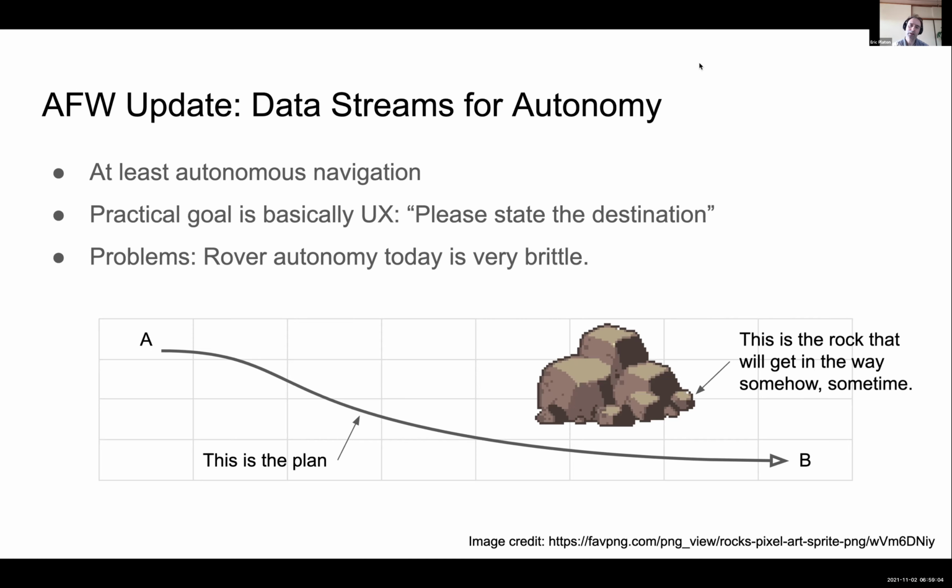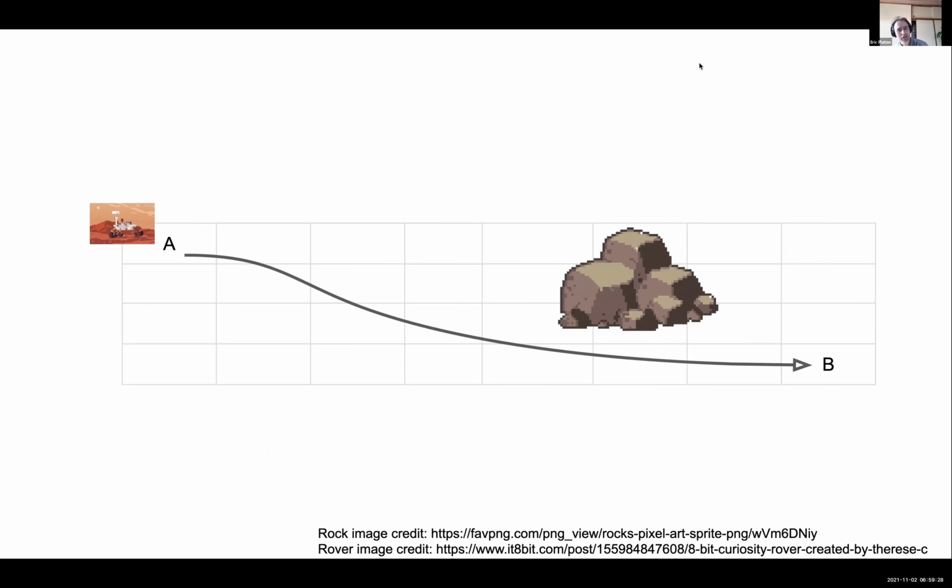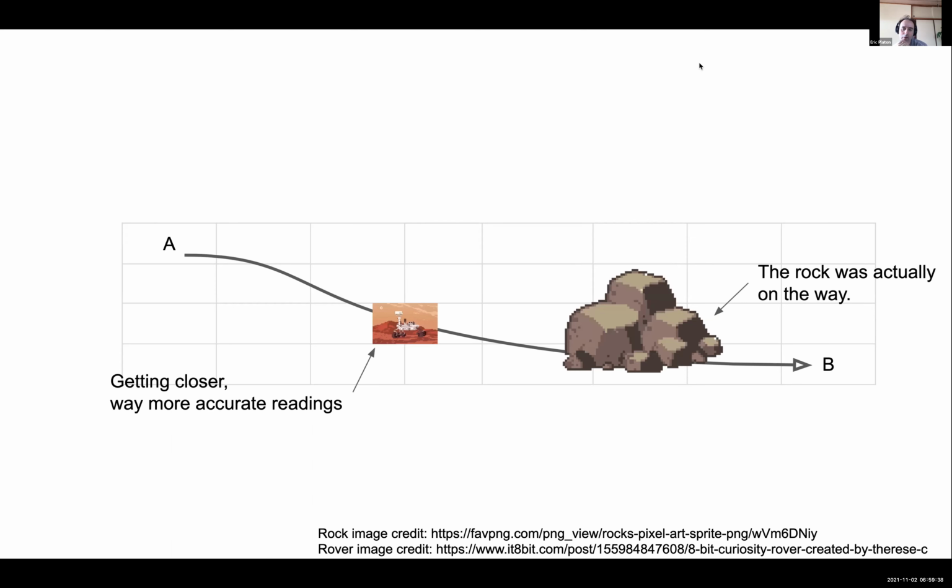Traditional robots will have what is called a plan. A plan is, for example, a route to go from A to B, as we can see with the line here. And this line goes through an environment. For robots, it's a real environment with real objects and so on, for example, rocks. Here, the rocks are clearly not on the path, but we'll see what happens if they are. So here we have the starting point where we have our Mars rover in A and it has a plan to go to B. The thing that happens very often is that